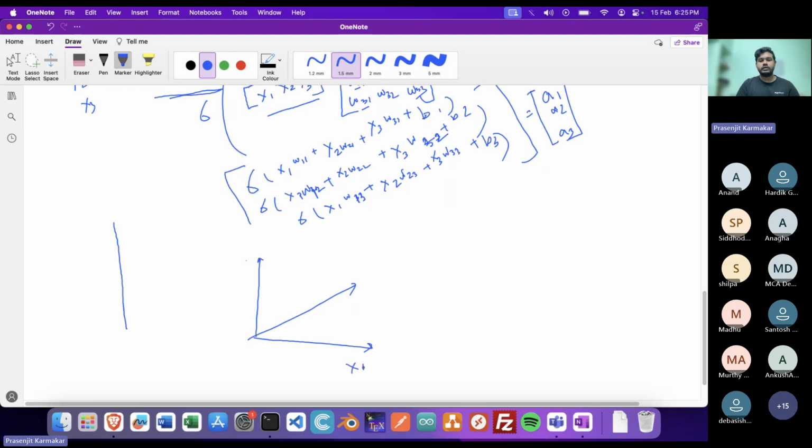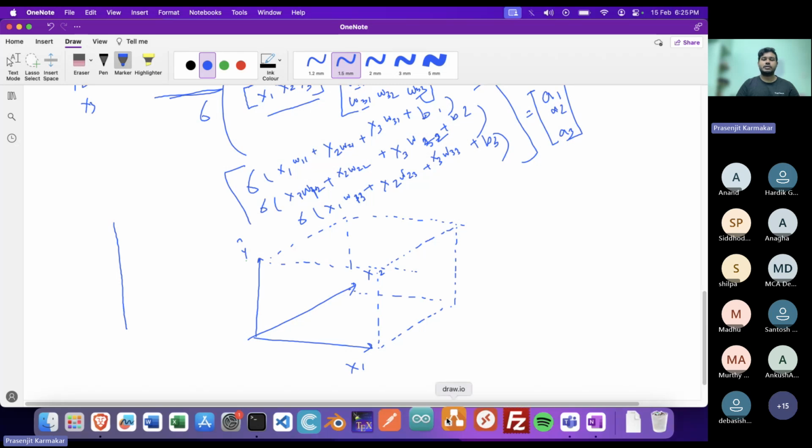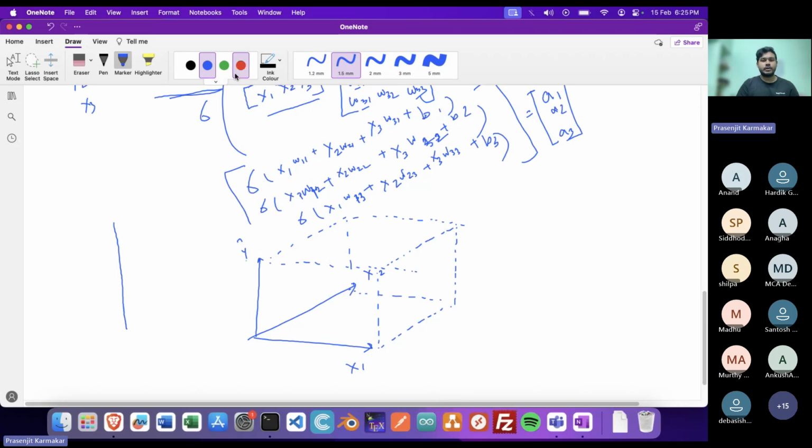So this is x1, this is x2, and this is y cap. So let's say, just write the 3D. So you have this type of a coordinate system, right? So the model can represent a plane